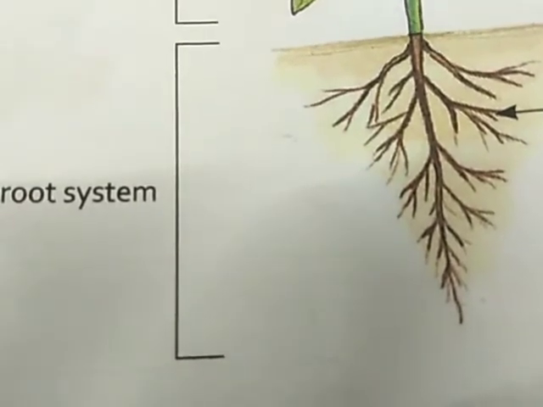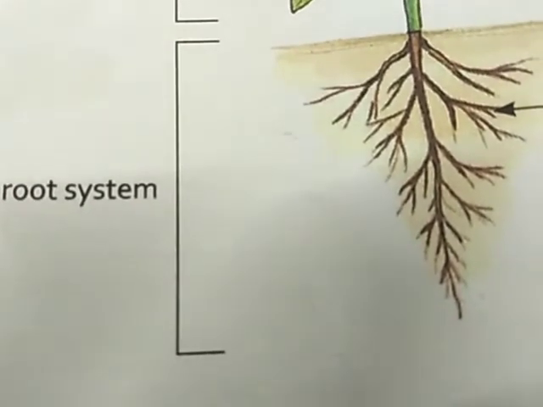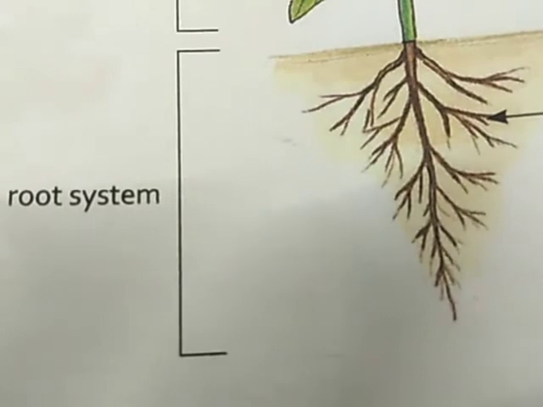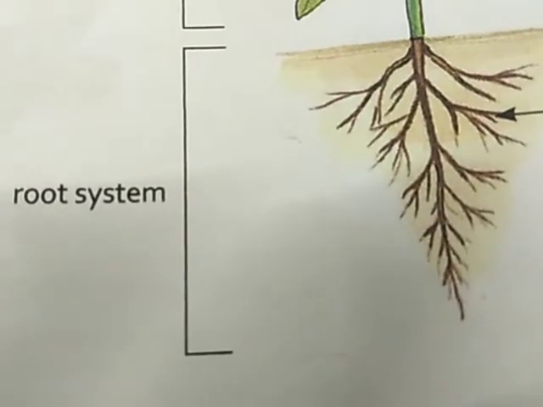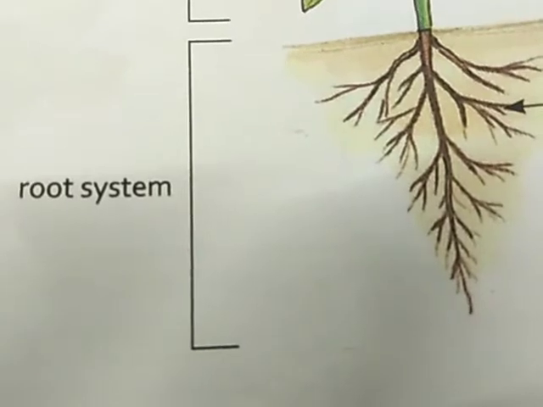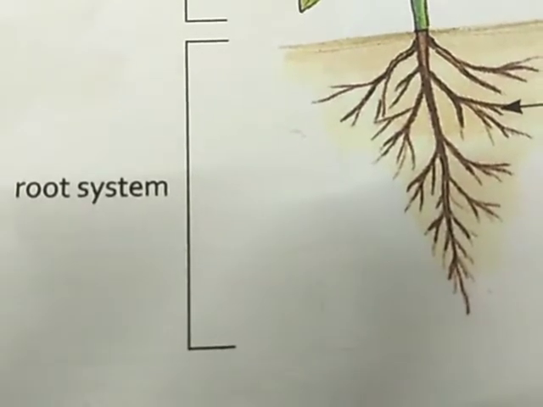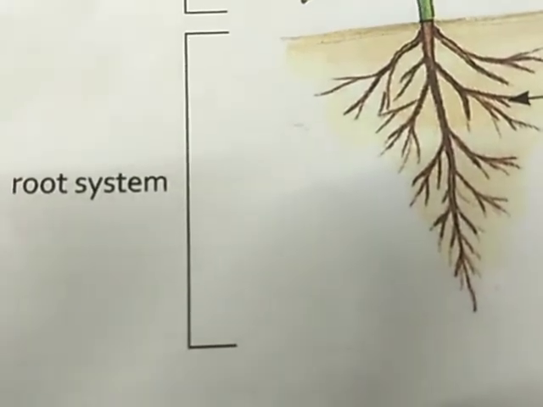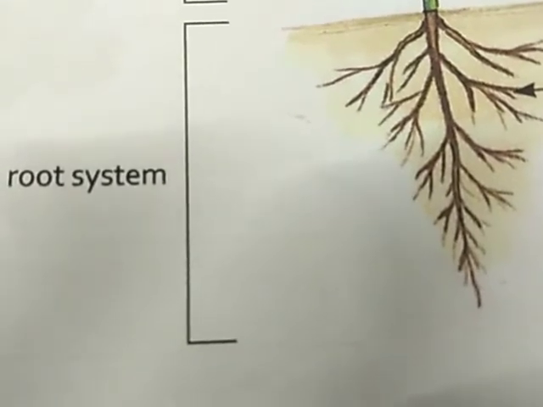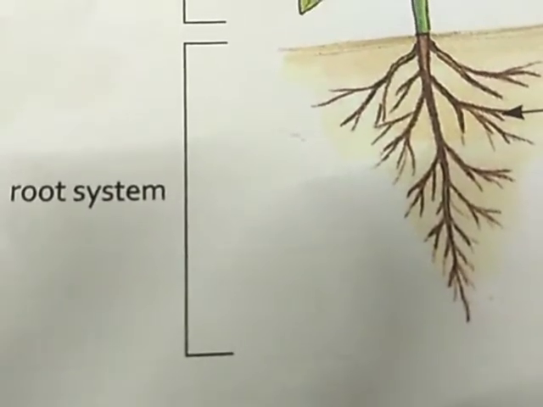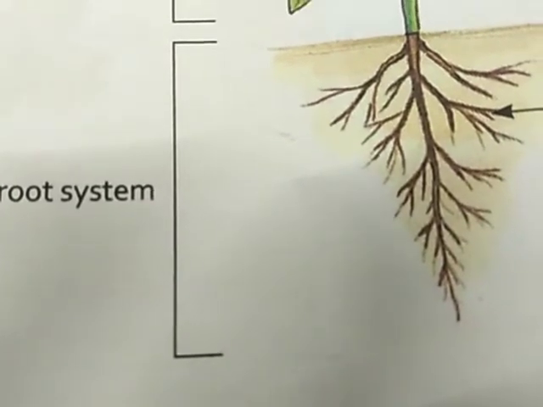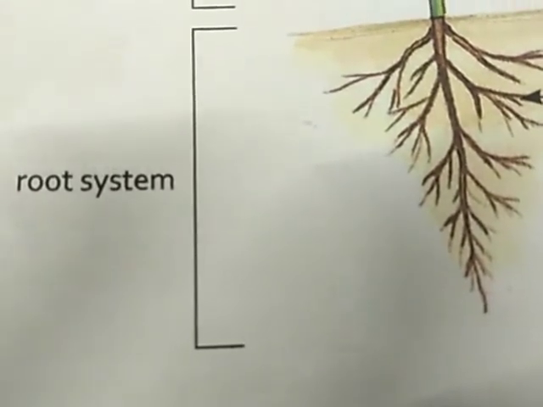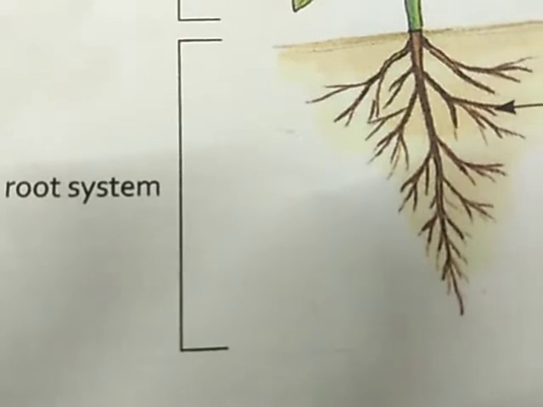Anchor the plant firmly to the soil means it is making the plant stand in one place, giving the strength. Deep inside the ground the roots will grow and it gives the strength to hold. You have seen the tall trees, yes or no? Do they have any support around them? No. What is the support for them? The roots are the main support which hold the plant. Even if it is too high, we are not giving any extra support. Which is the support? That is the root. That support of roots is known as anchorage. Okay. The second main work it does is absorption.